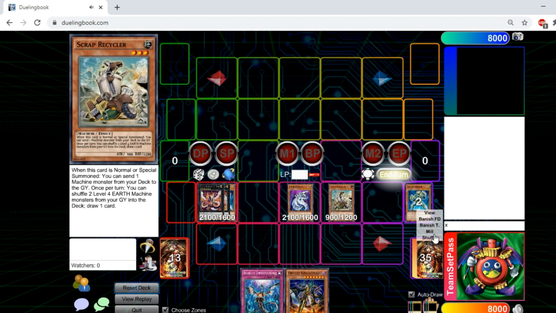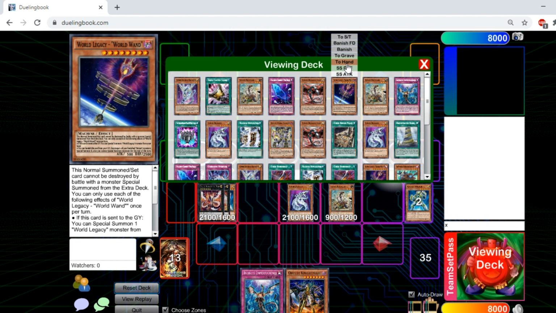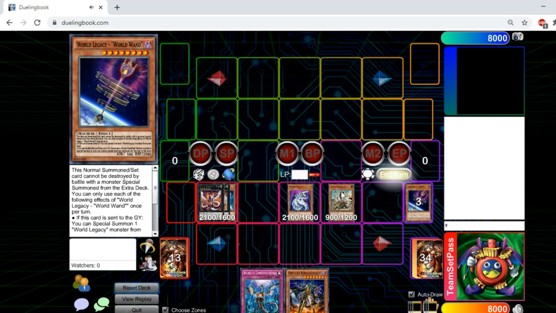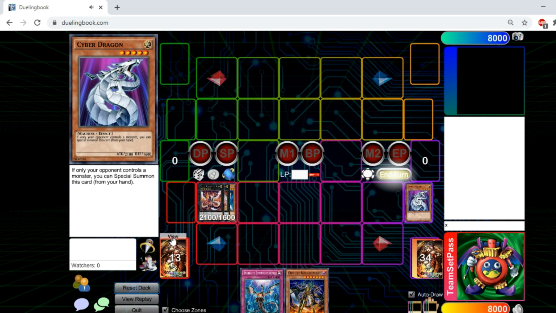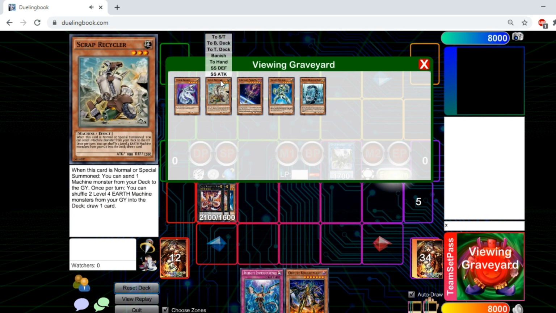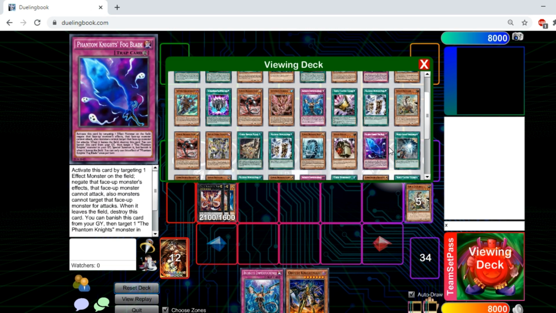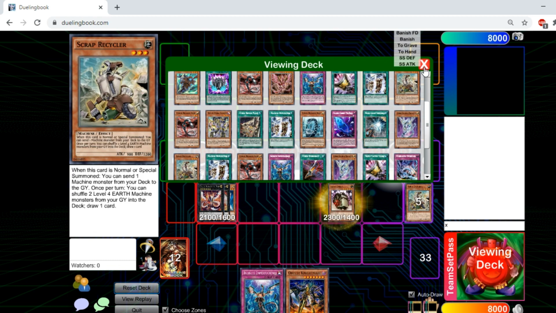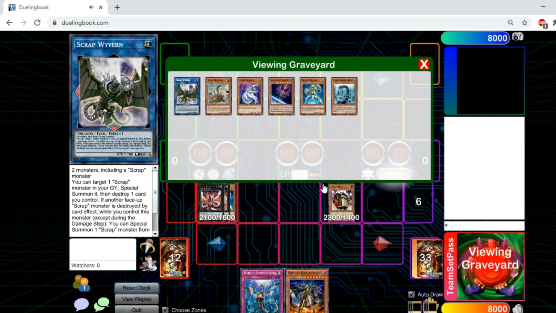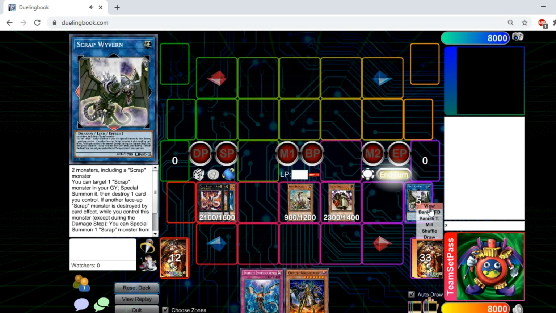Normal summon our Scrap Recycler, who is going to go ahead and dump to the graveyard our World Legacy World Wand. And then we can link off Recycler and Cyber Dragon into our Scrap Wyvern, who will then special summon our Scrap Recycler to pop Scrap Recycler and special summon from our deck Scrap Golem, popping Scrap Wyvern. Golem then can special summon Scrap Recycler. Since Nightmares are in our hand, we're not going to dump that, obviously. We can go ahead and